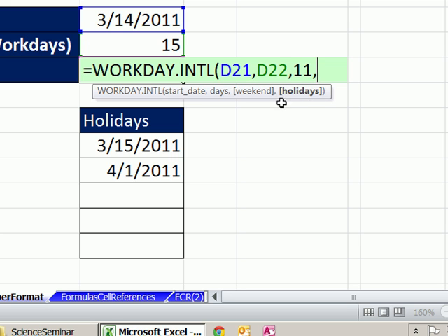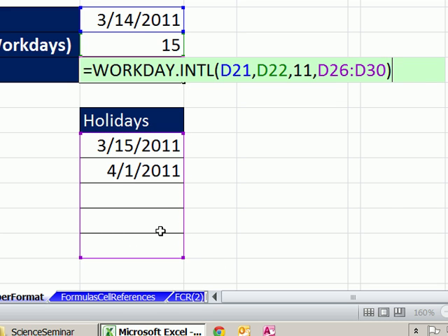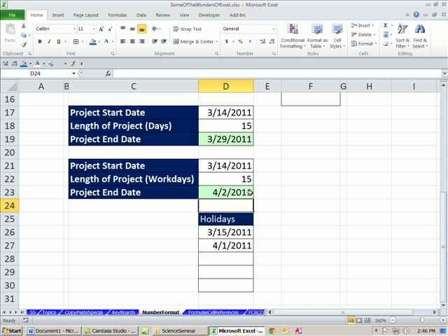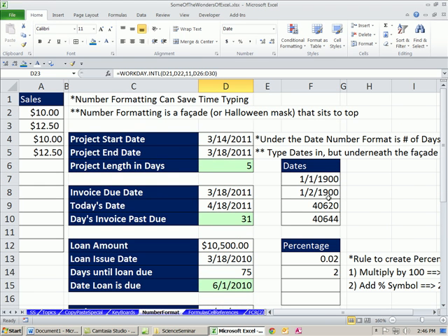Now, if you don't put your holidays in, it's fine, but we'll just assume there's some holidays here. And now it will give us 4/2 instead of 4/29, right? Because there are some Sundays between this date and this. And there are 2 holidays also. Totally amazing. So all that is predicated on the idea that you know that dates, when you type them into